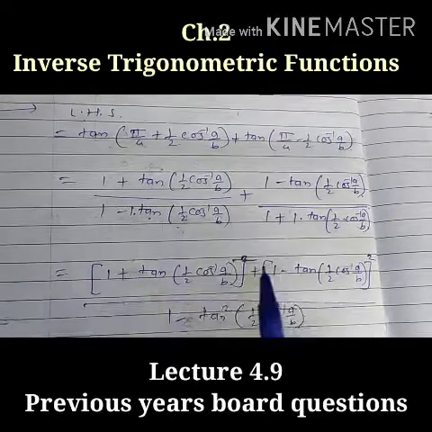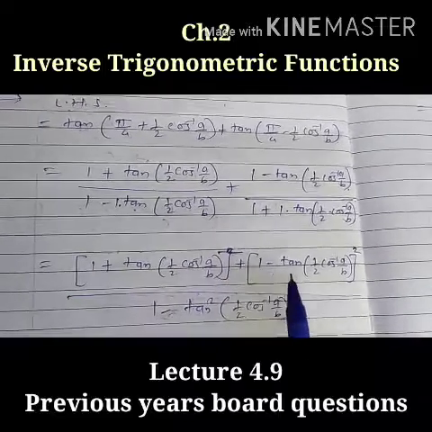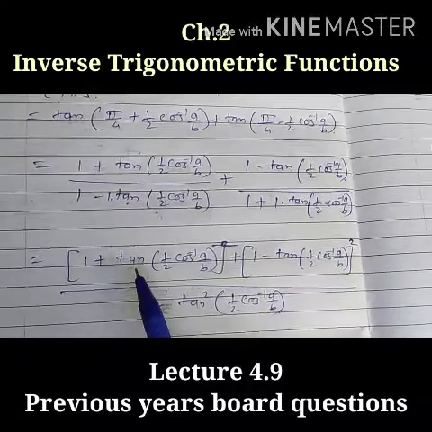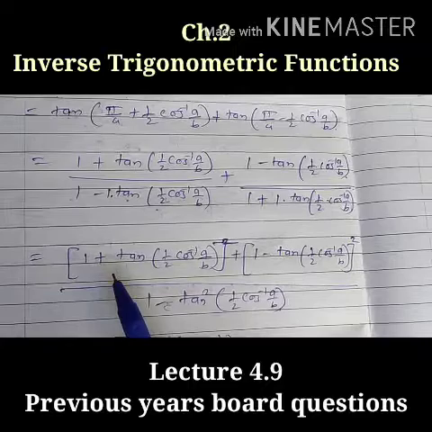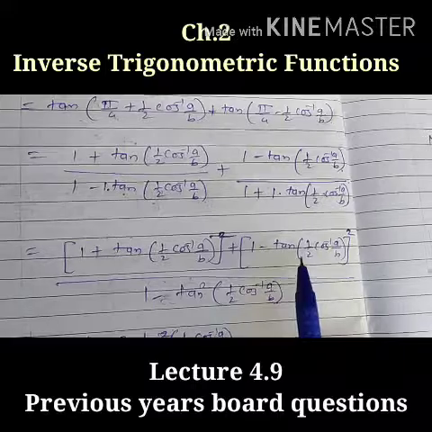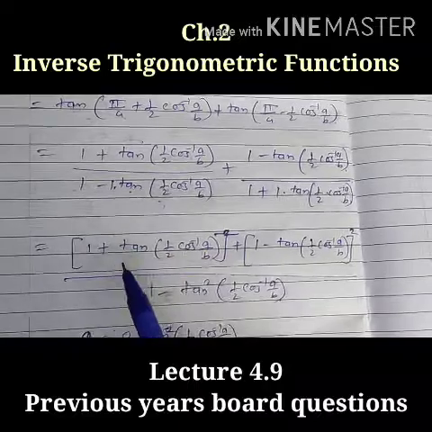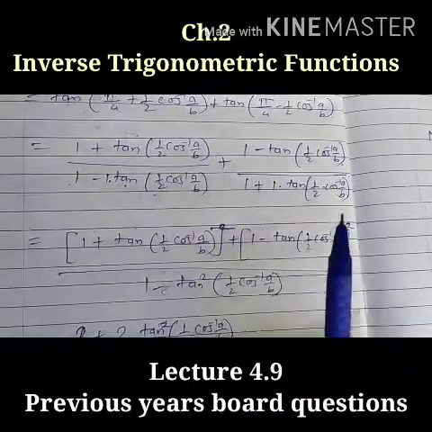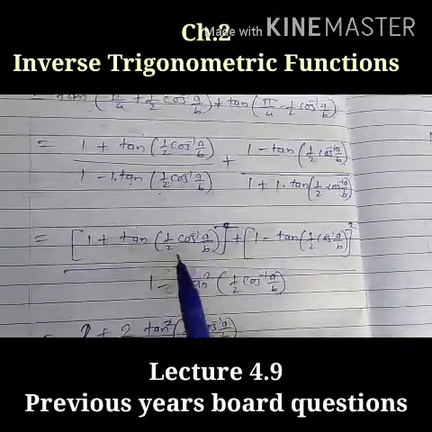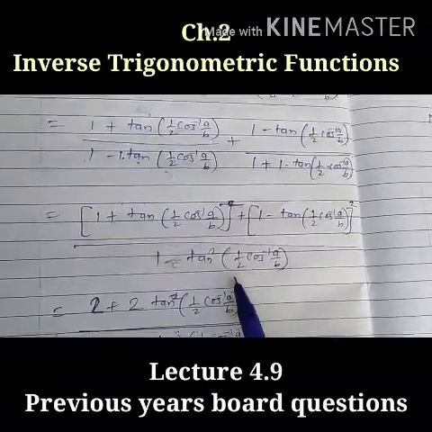So here addition is there and here subtraction is there, and the same: a plus b whole square plus a minus b whole square. When we simplify this bracket, the middle term will be plus twice of ab, and here minus twice of ab will be cancelled. So what will be there in the numerator? Only a square plus b square. Understood? Because we know that a plus b whole square plus a minus b whole square is equal to twice of a square plus twice of b square. And here a minus b into a plus b, so a square minus b square we can write.